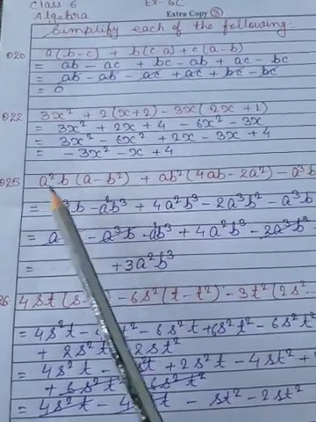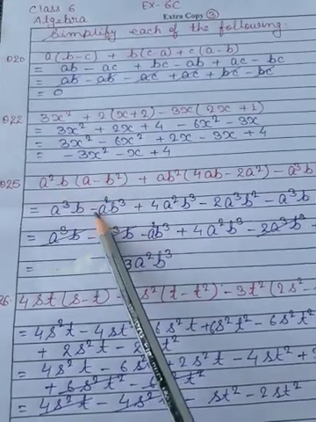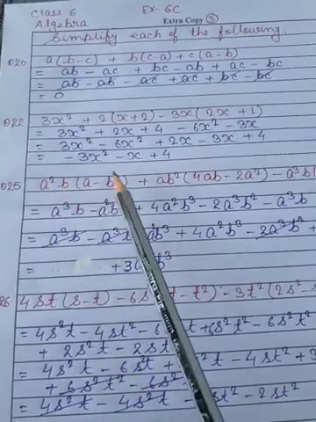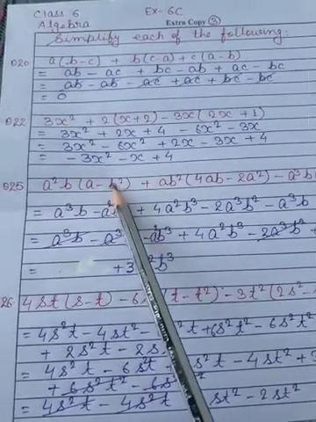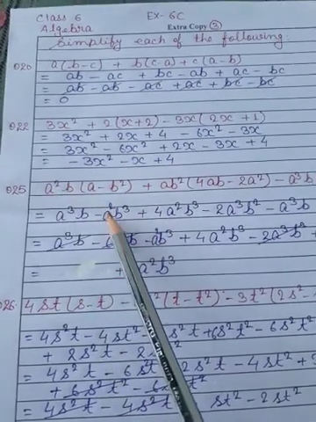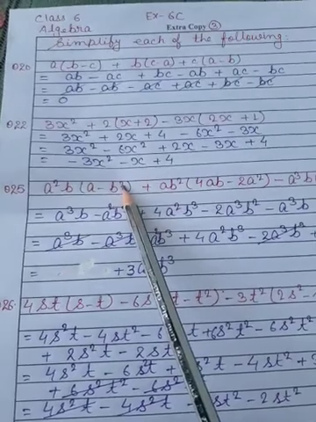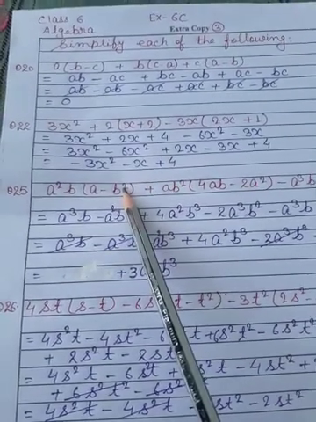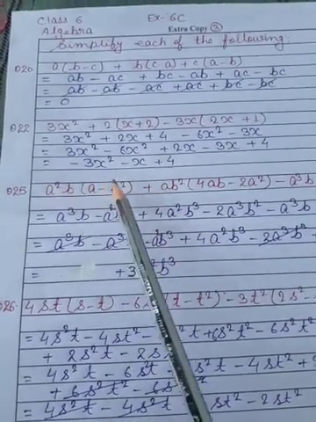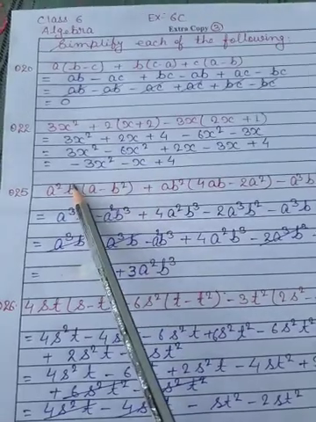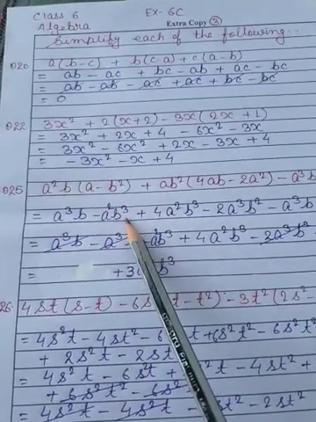Okay, now again plus minus minus, again a square b into b square. Now here a is not there, here a square is there, so a square will remain as it is. Now here b power is 1, here b power is 2. As I told you, whenever we multiply alphabets, powers are added, so b power 1, b power 2, so 2 plus 1 is 3, so b power 3.